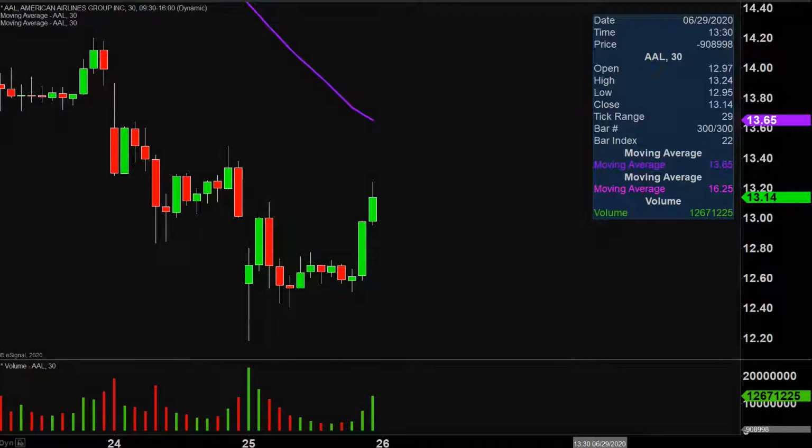I don't mean to state the obvious, but I will anyways to establish some context. Very impressive bounce on this one. You stop and think about the fact that at one point the price was all the way down there, but then the price managed to work its way all the way back up there. Don't get me wrong, there's still a lot of work that needs to be done, but that was